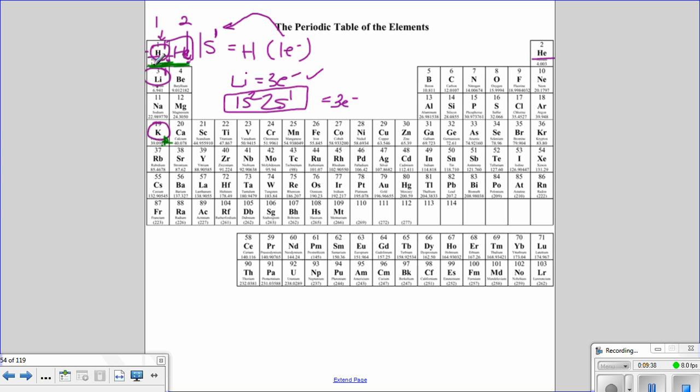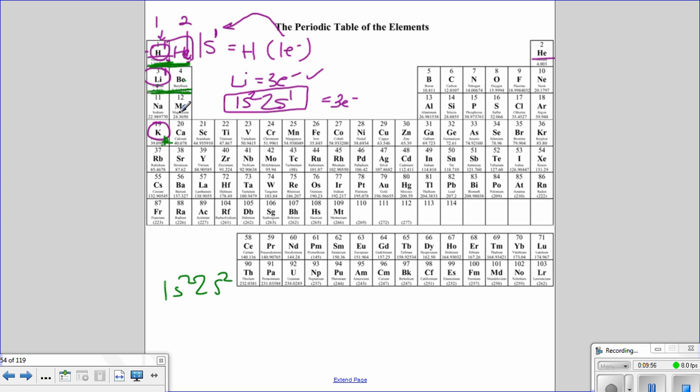So you should go 1s2, which is accounting for these 2 electrons in the very first energy level. Then you drop down. We're in the second energy level with where lithium is. We're in S block, and then we're accounting for the 2 electrons that make up S block. So that's